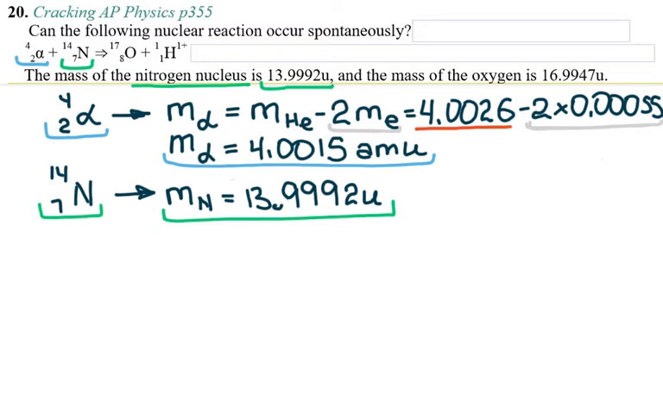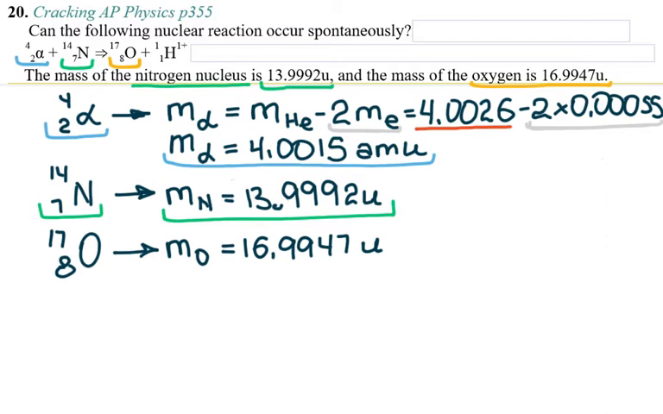And then on the other side we have oxygen. Let's see how much the oxygen is going to be. They give you that as well. So the mass of the oxygen is given too. So here I have the oxygen part. And you don't have to write AMU; instead of AMU, you can write just U. And the last part we have is